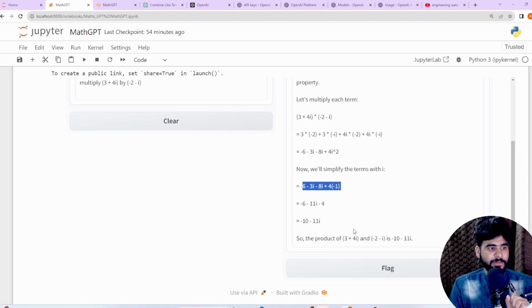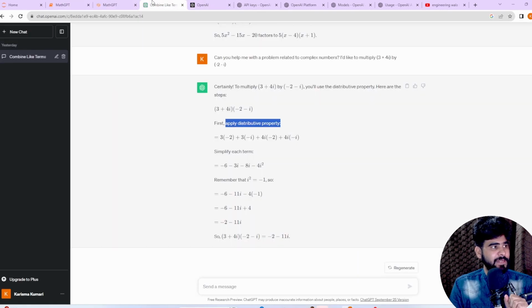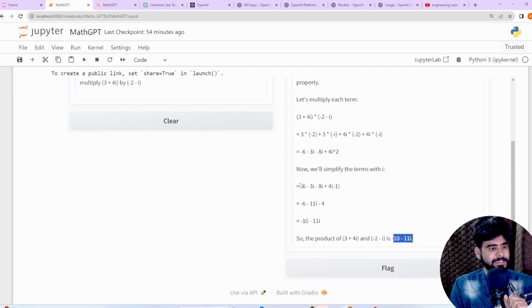But the output looks different: minus 10 minus 11i. Let's verify once. The output that we want is minus 2 minus 11i, but the output we are getting says the product of 3 plus 4i and minus 2 minus i is minus 10 minus 11i. So no, this is an incorrect output.